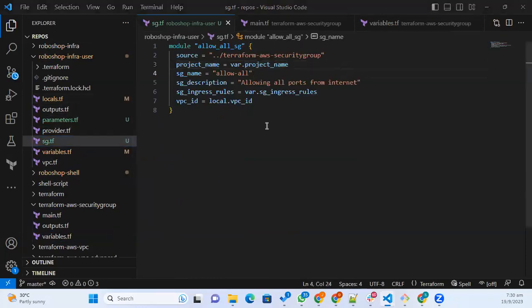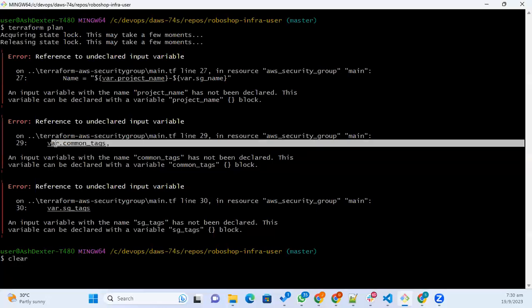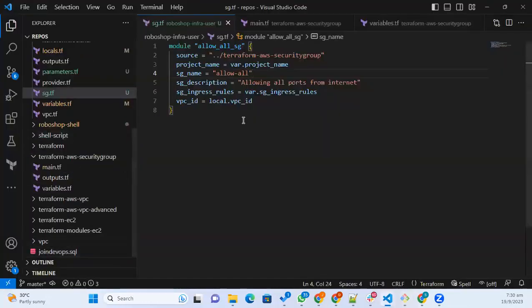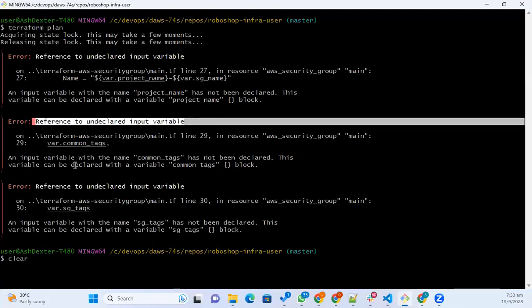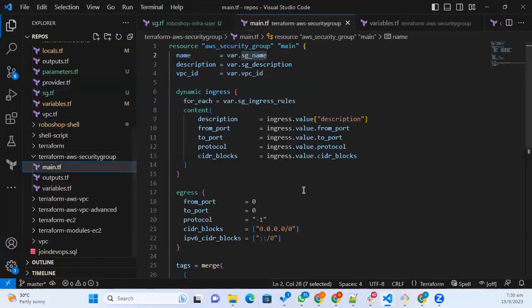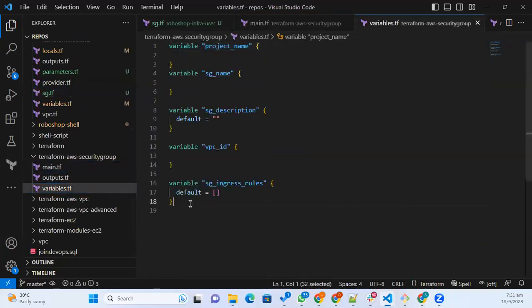That's it. Okay. And then you can see another error, var.common_tags, var.sg_tags. So when you are developing a module, if you see this kind of error, just go through this. Reference to undeclared input variable. So in the Terraform AWS security group main, I am using var.common_tags and var.sg_tags, but I haven't declared them here. If you are using them, you need to declare